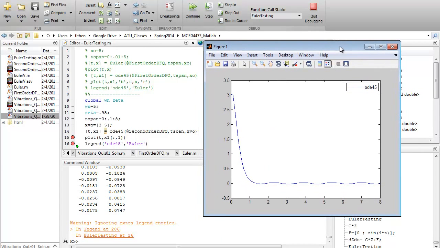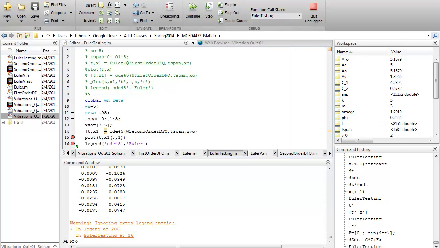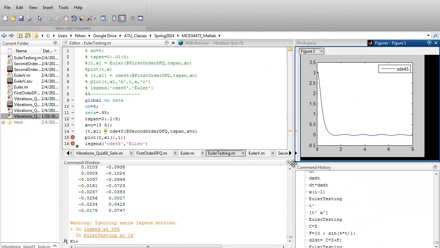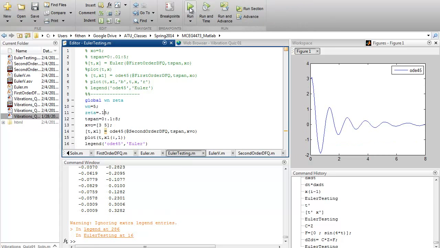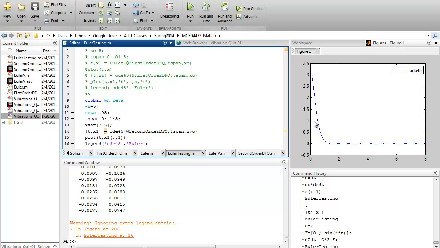Now I can also change it. Let's embed that into our docket right here, and let's observe what happens if we start changing our damping. For that matter, take off all the breakpoints, quit the debugging, run it. So reducing the damping ends up with something interesting, something you would expect. Coming up against the high damping, you can see we're getting pretty close to a zeta